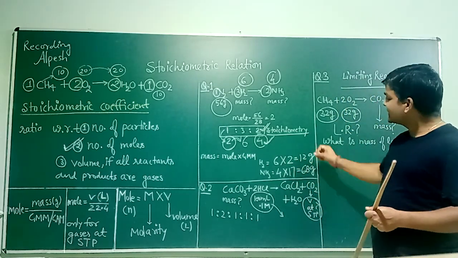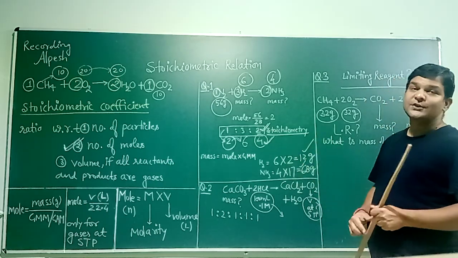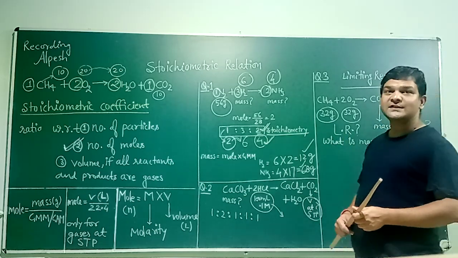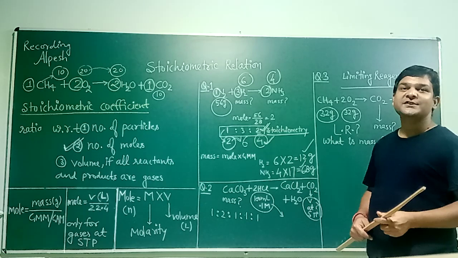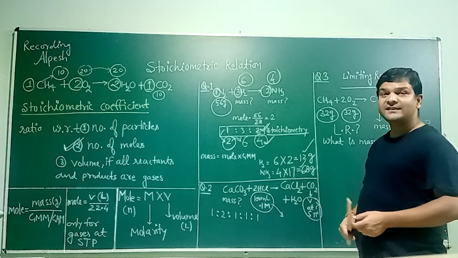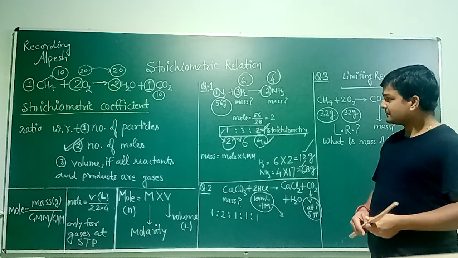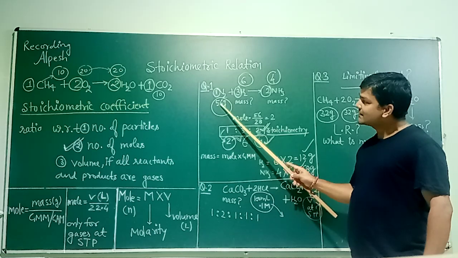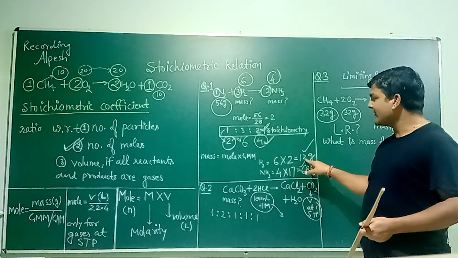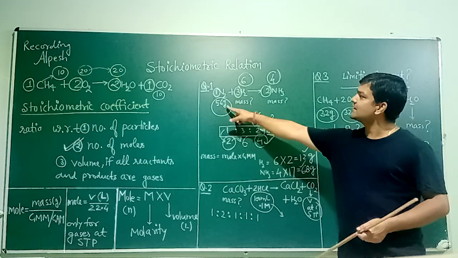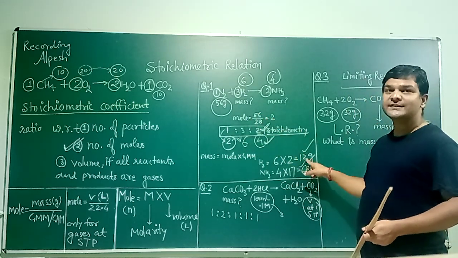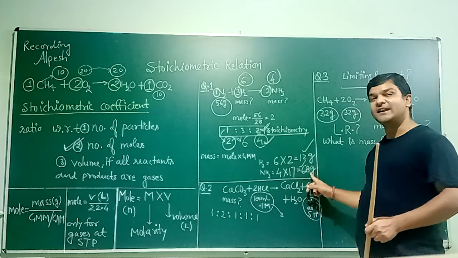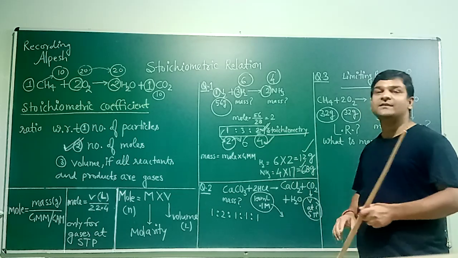Now this is the first answer and this is the second answer. You can check by yourself whether you are right or wrong in this calculation. You know the law of conservation of mass. Mass in a reaction remains the same. Mass is neither created nor destroyed, or the mass of reactants equals the mass of products. So look here, 56 gram of nitrogen reacted with 12 gram of hydrogen. So 56 plus 12 equals 68, and the amount of ammonia produced is also 68. This means we are right in our calculation.